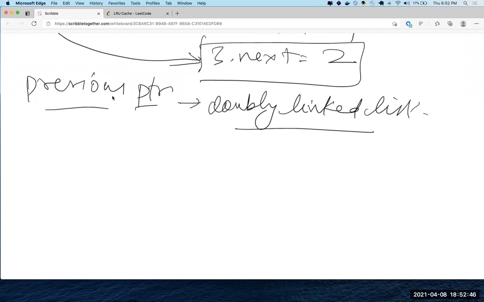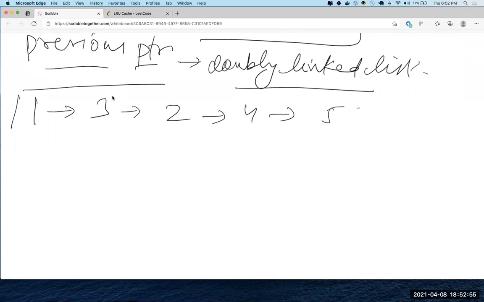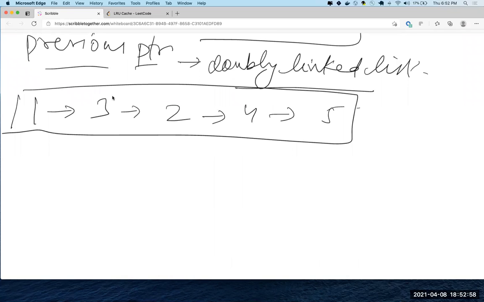Let's say you had 1, 3, 2, 4, and 5, right? Now, let's say this is our order. So basically, we are maintaining an order. We're not using a hash map for your brute force, where you said you'll maintain a counter for all of these. Instead, we are using a queue. Anything at the end of the queue is your latest. As you're getting new elements, you're pushing at the end, or moving to the end, and the end is your latest. But here there might be a case in which you do a get of 2. Then you'll have to move your 2 to the end, because that becomes your latest.